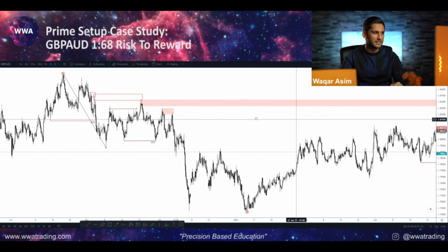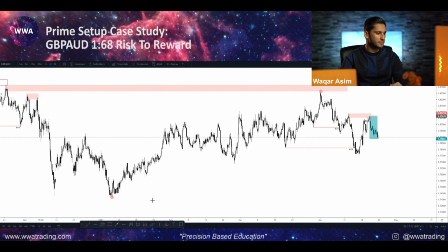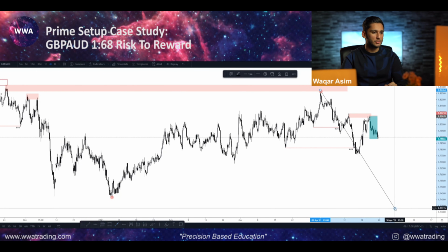Now, as price arrived into my FU candle, I know that my next target is to make a new low. If this is where my reversal is going to happen from, if this is my ultimate lower high, I know my target is to make a new lower low. Based on my daily and based on my 4-hour, this being my previous structural point, I can anticipate a new low to be formed just from understanding structure. Therefore,